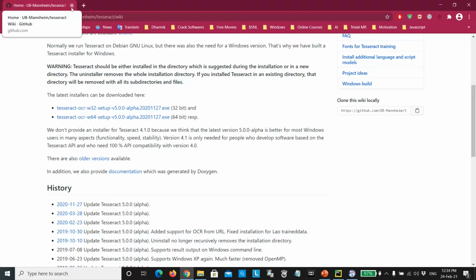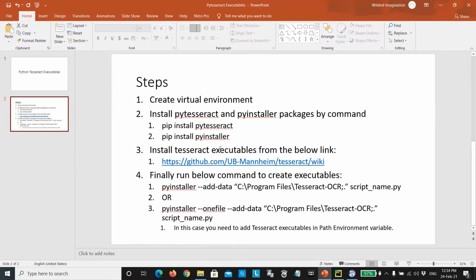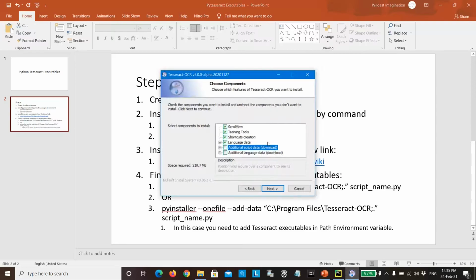Windows machine. So if you don't know how to install this Tesseract exe file on your Windows operating system, please watch my earlier video on Tesseract OCR on Windows. Its link is available in the description box, as well as in the top right corner, where you will be able to see the card. So it's very easy. You just need to download that Tesseract OCR executable from the given link, and the only point where you need to pay attention is over here.